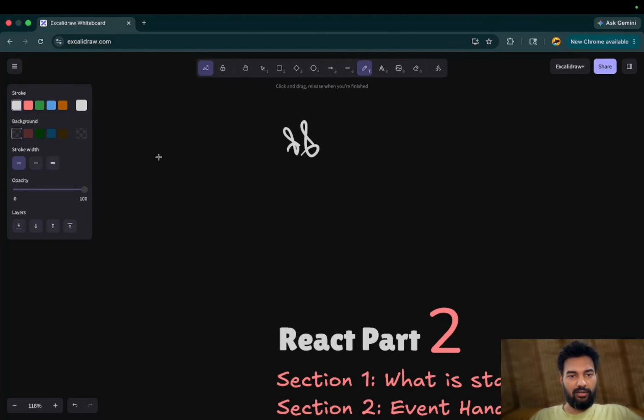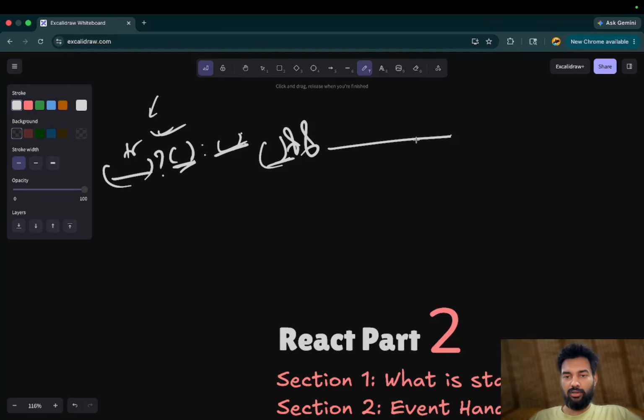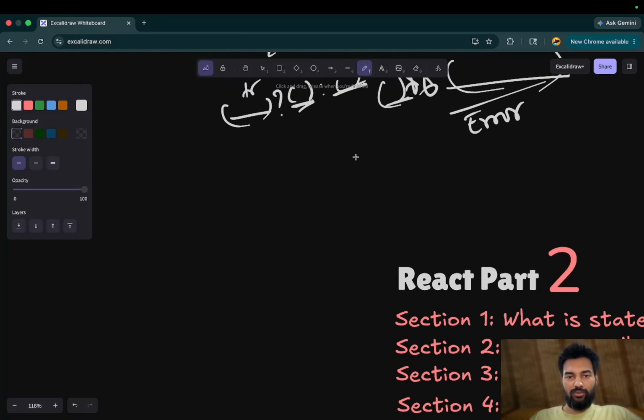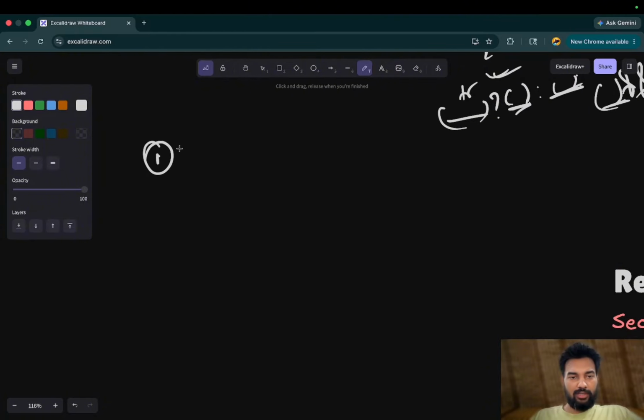There is a ternary operator. That condition is here, we put a question mark, and if success, meaning if it is true, then this UI will be rendered, else this UI will be rendered. This is used when we have some conditions, like if a user has some data we will show this, if not, no data found. And here we have a condition that if this is true, then only render this part of UI, else do not show anything, as we have seen in error. So let's go one by one. First is the ternary